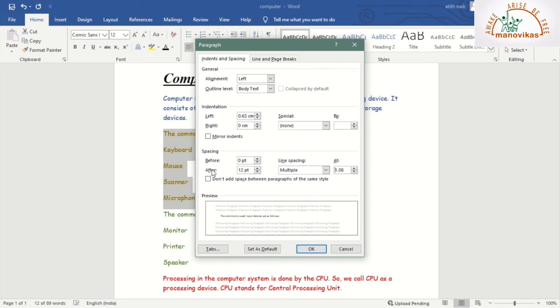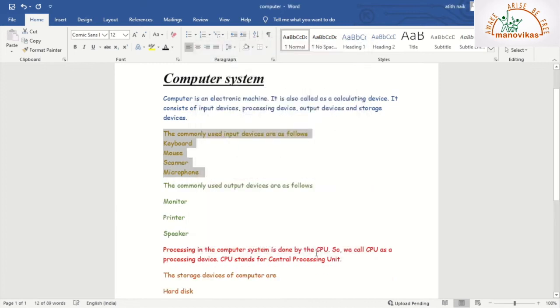Spacing after every line is 12. To reduce the gap, you need to make it less. So I make it 0 and say OK.